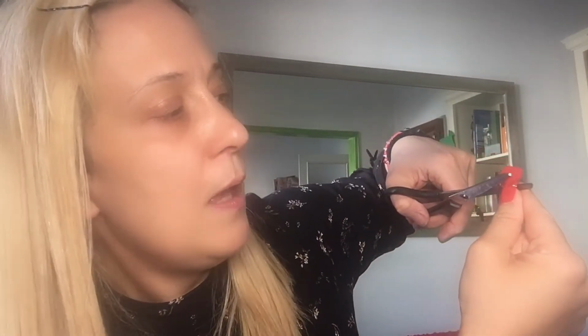I should press down from the center towards the tip of your nail. So I'm pressing down until it reaches the tip of my nail, you see? Now the other step is to cut off the excess with nail scissors, but leave just enough so that you can still fold it up over the nail tip. So I'm going to cut and leave a bit of margin so I can fold it over the nail tip